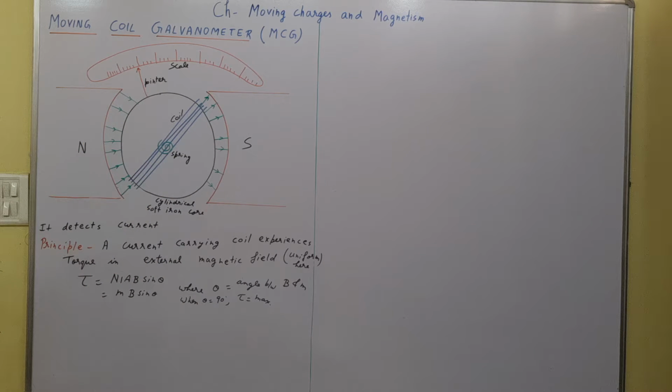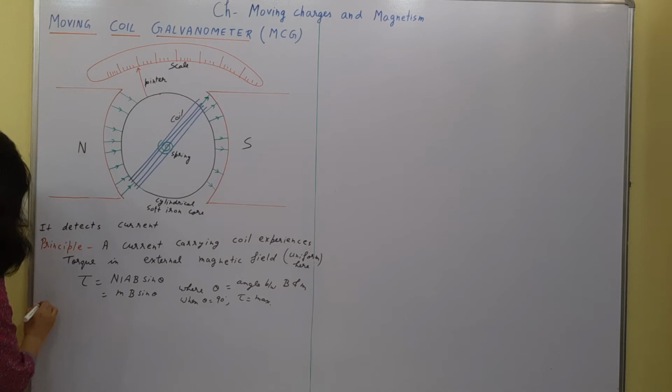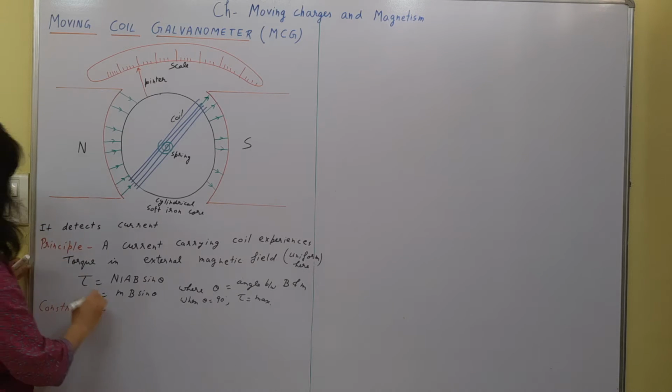Now principle I have already written, that a current carrying coil experiences torque in external magnetic field which is uniform over here. Now torque it will experience will be maximum. Construction I have already explained. We can write down a few points about the construction. So one thing is